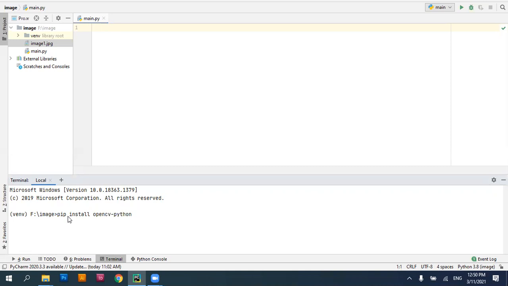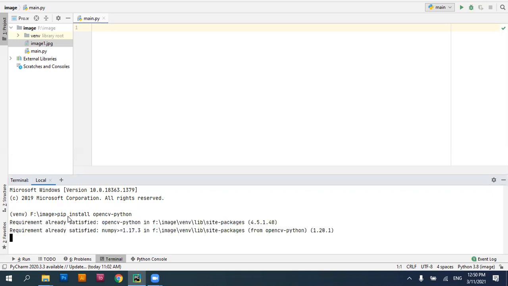If the library does not exist, it will be installed automatically, or else it will just give you a message that the requirement is already satisfied, because I have already installed opencv-python. So you can simply install it by typing pip install opencv-python. It's already there in my system.